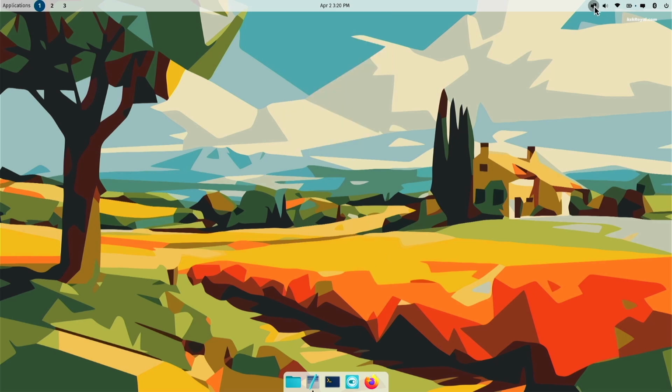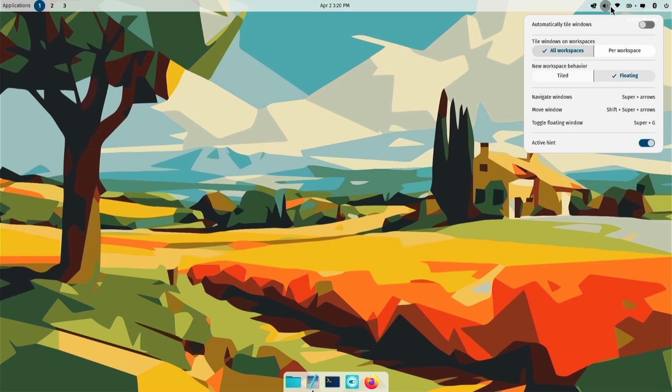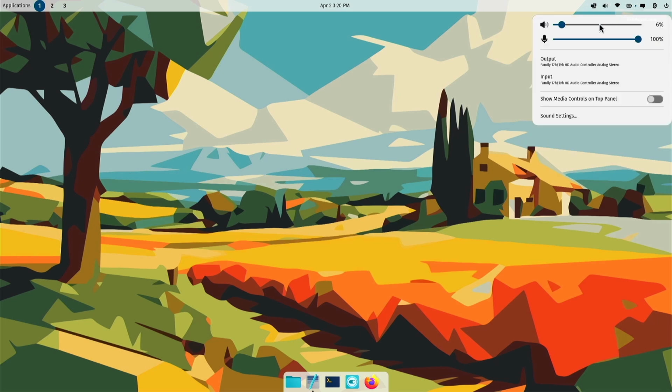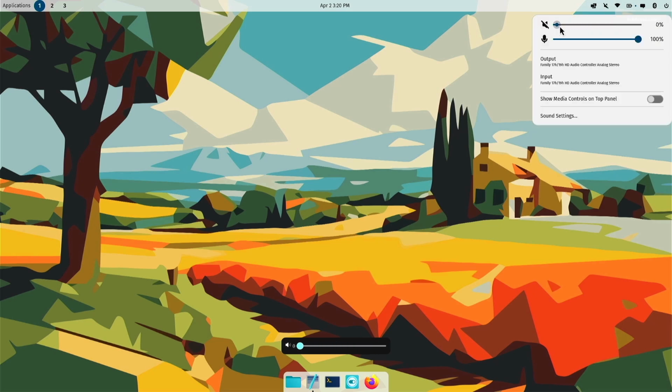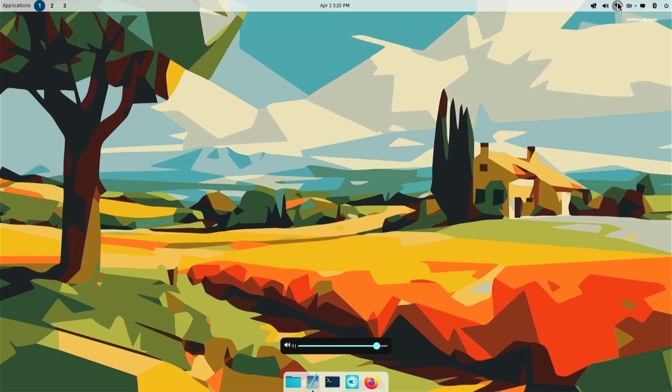On the right side, you will find the brand new system controls neatly organized. The sound, Wi-Fi, battery, notifications, and power controls, all these applets look amazing.